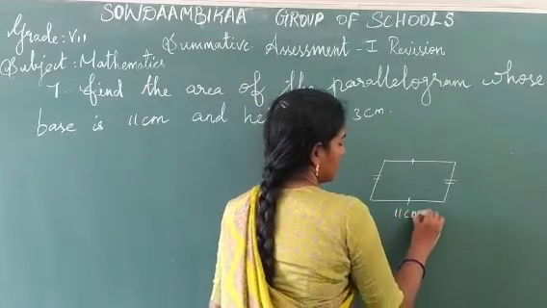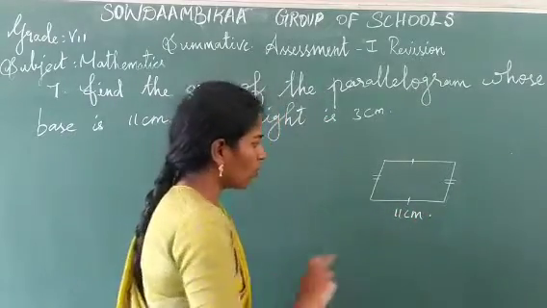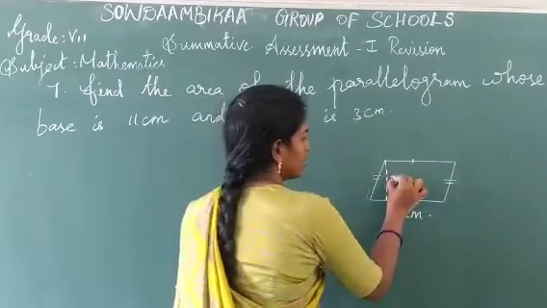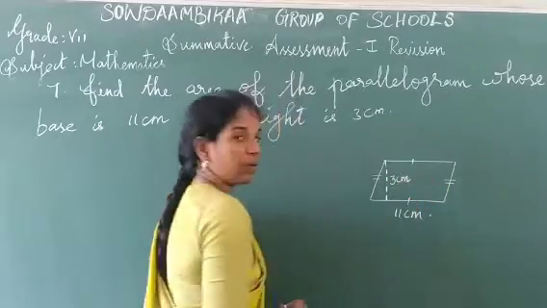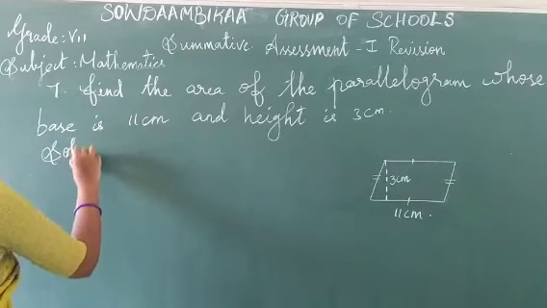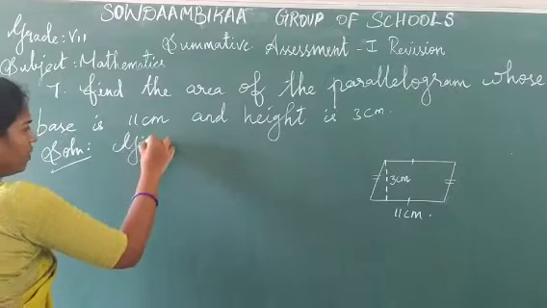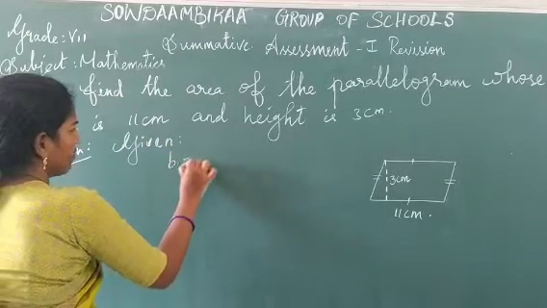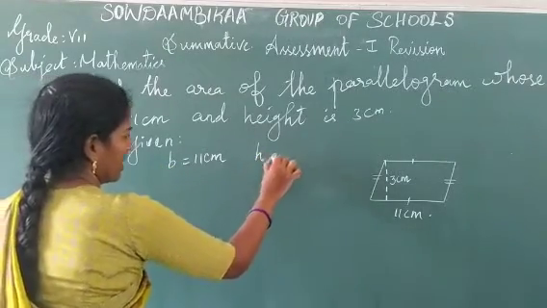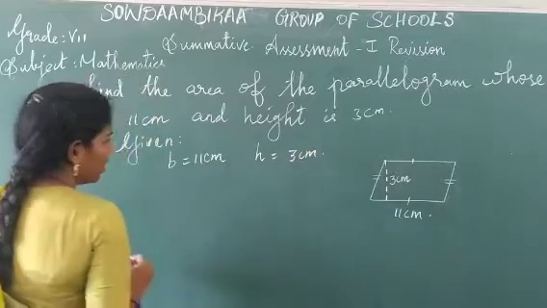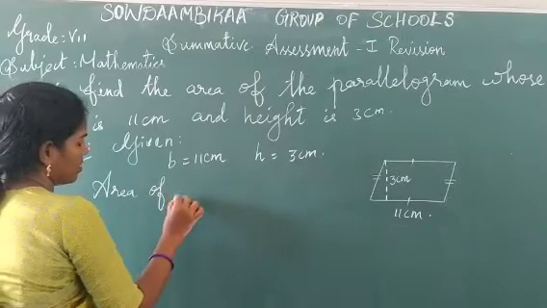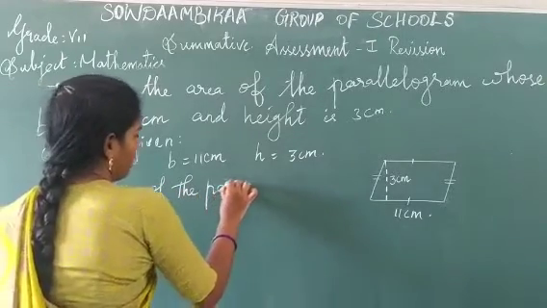Okay, what is given? Base is 11 centimeter. What is the height here? The distance between the two parallel sides is known as height. Okay, this is 3 centimeter. Okay, how do you understand? This is a parallelogram. Then we have to go to the solution. Base 11 centimeter, we put B, and height is given, height equal to 3 centimeter. Then the formula. What is the formula? Area of the parallelogram is equal to